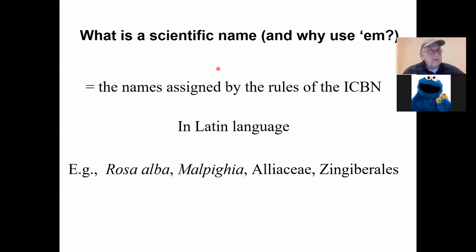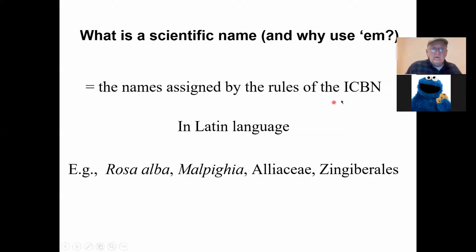I'm starting to like them better because there are some things going on that I don't like in the scientific community. So I'm actually learning a few common names that I didn't used to know. Unlike most people, I learned scientific names before I learned common names. When I worked for the Park Service, I had to learn common names to talk to the public to keep my job. But now the International Code of Botanical Nomenclature, that's what ICBN stands for,